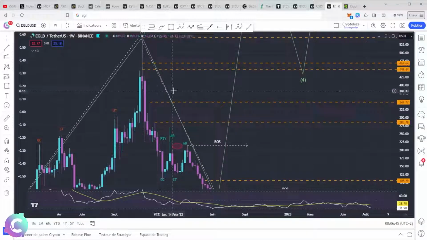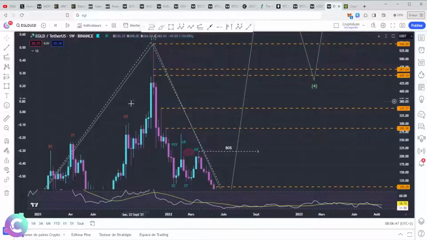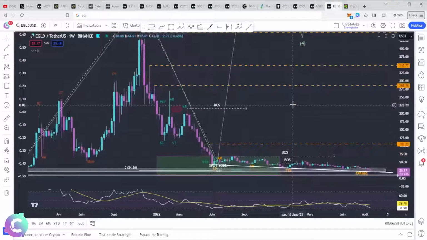So on that, there are a lot of people who had bought GLD here who, when they saw that on Maillard, they weren't going to earn as much yield. They capitulated, they sold. And so we had this huge candle, which was really very strong at the end of November 2021, and which also worked, which was in the process of reversing.